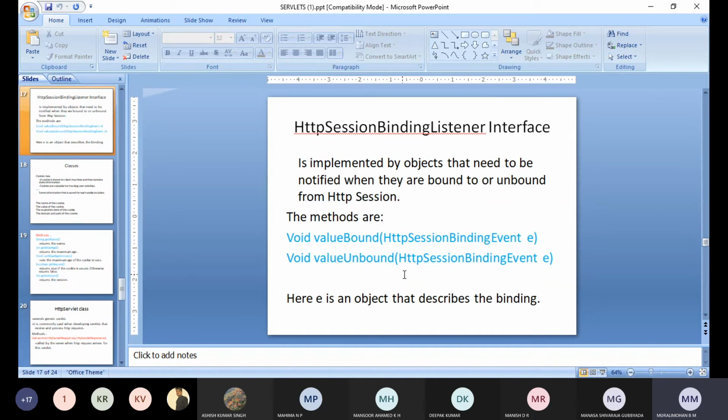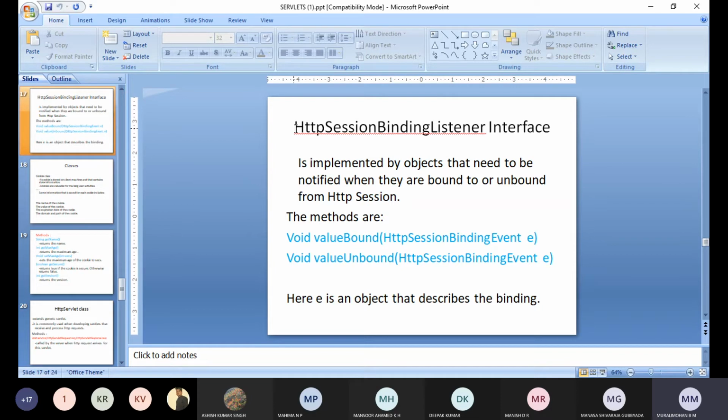Next, we are having the HttpSessionBindingListener interface. Kindly observe here: H is uppercase, S is uppercase, B is uppercase, L is uppercase. So this is the interface name we are having.